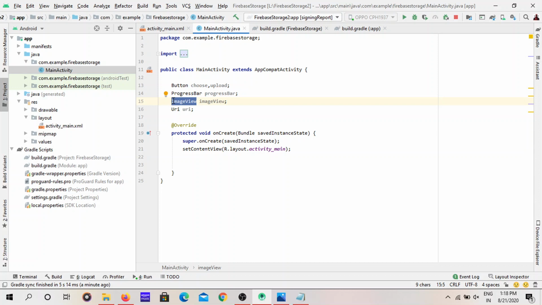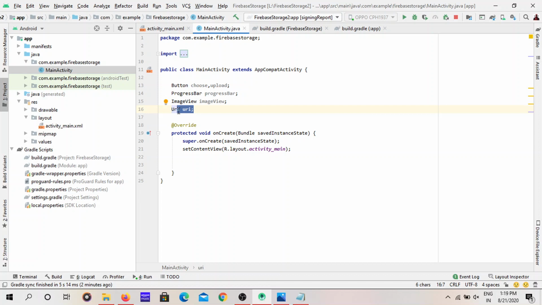But to get that content we have to do something. For images we have URI. What the URI class will do is it will get the things from files, it will get the images, it will get the image data, and store the image data itself. Then we are going to assign this data to the image view to show that image to users.